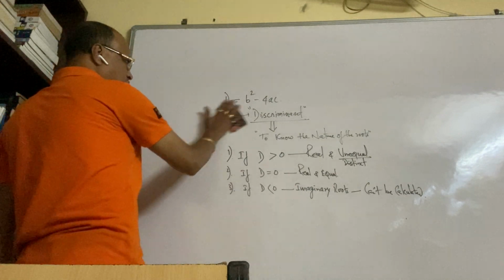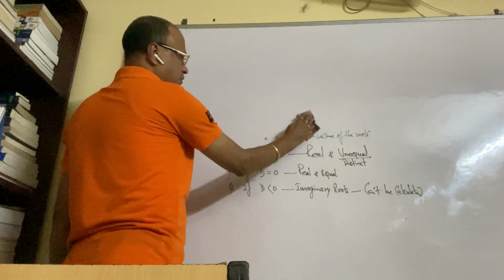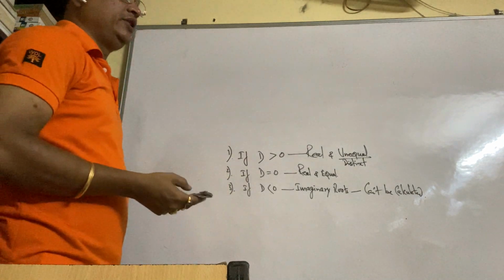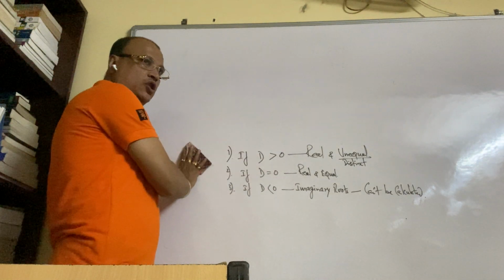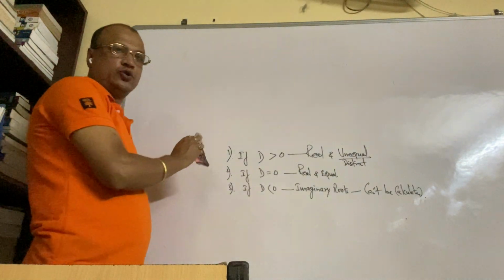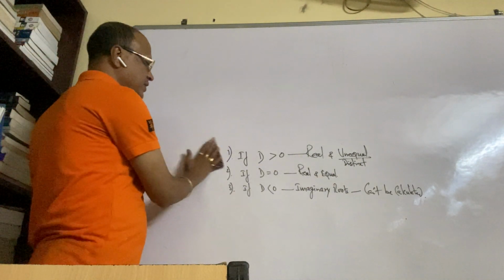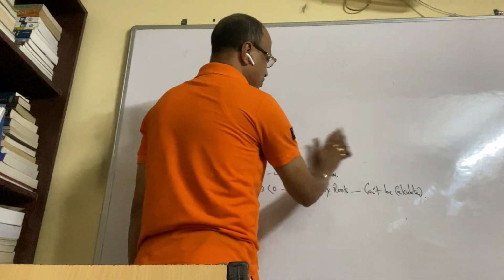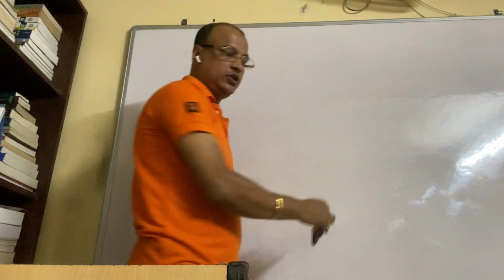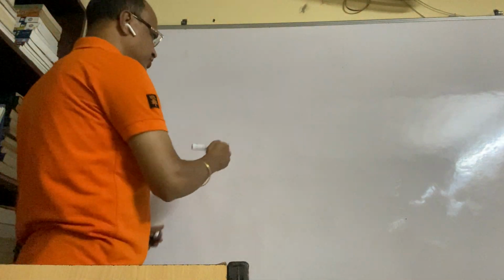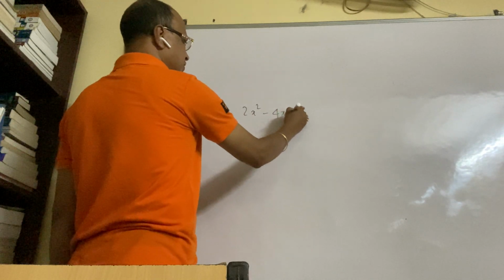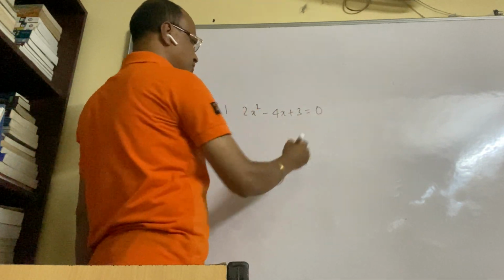So we don't have to solve the equation, because we can solve and we can comment कि the roots real है और unequal है और equal है और imaginary है और roots calculate नहीं हो सकता है. But question में बोल रहा है कि without solving we have to comment on the nature of the roots. So one simple question, start with a simple question. 2x square minus 4x plus 3 equal to 0.